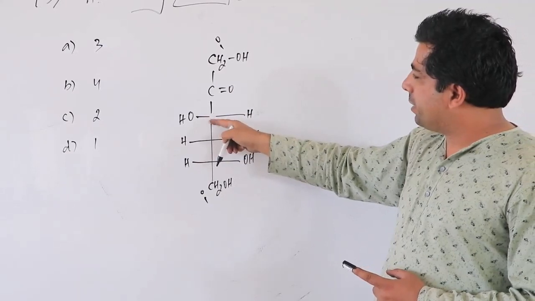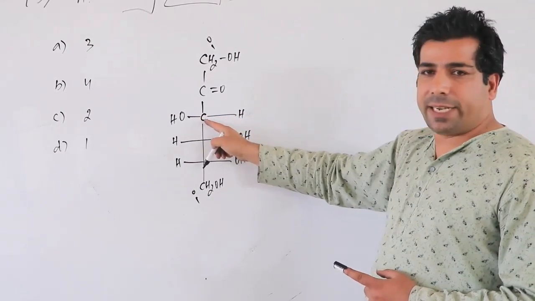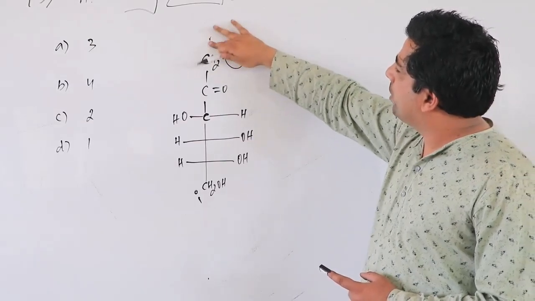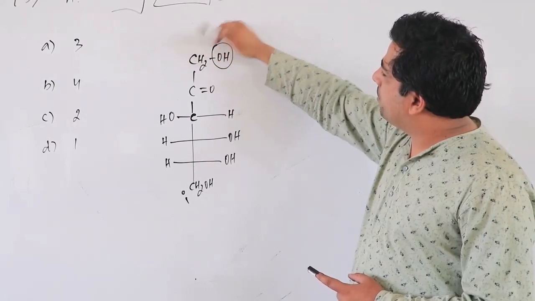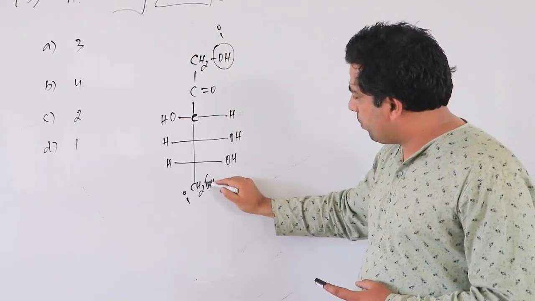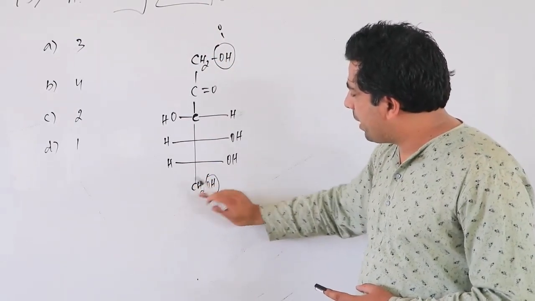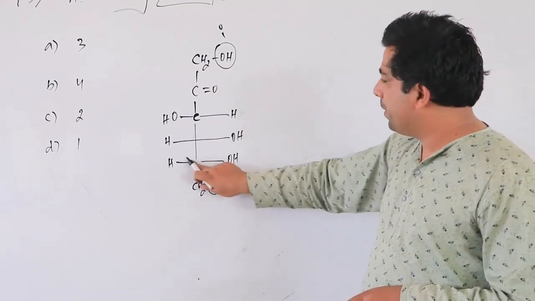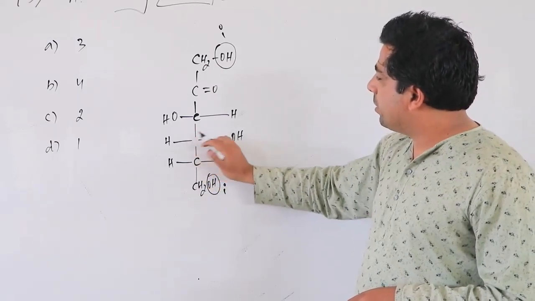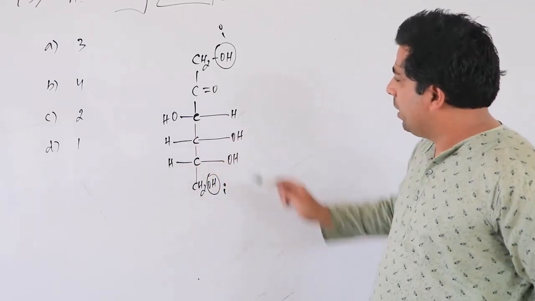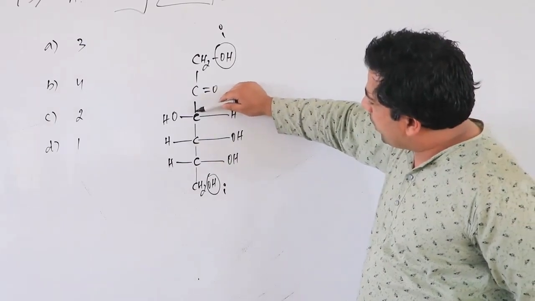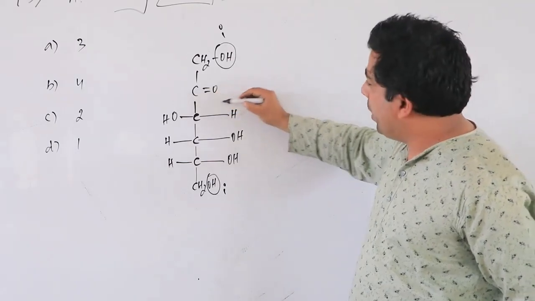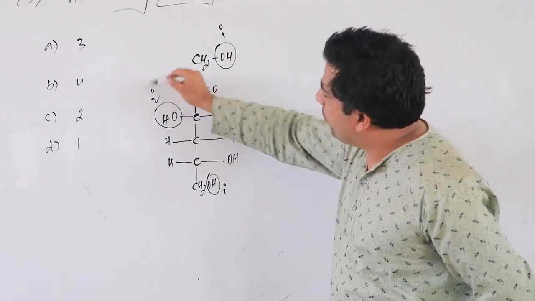And if you look here, this carbon is secondary carbon. This OH group is your primary OH because it's present on the primary carbon. This OH is also primary OH because it's present on primary carbon. Primary carbon means the carbon which is attached to one more carbon directly. But if you look at this carbon, you will find out this carbon is directly linked to 2 carbons, one up and one down. So this carbon becomes secondary carbon. So OH group on secondary carbon becomes secondary OH group.